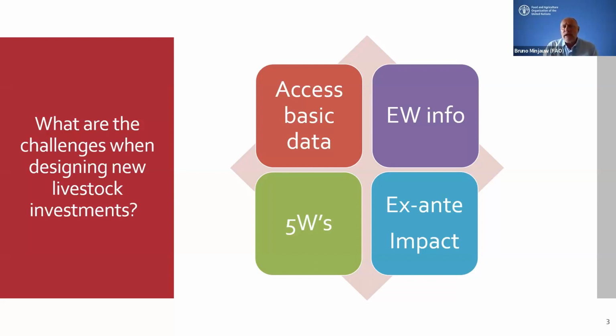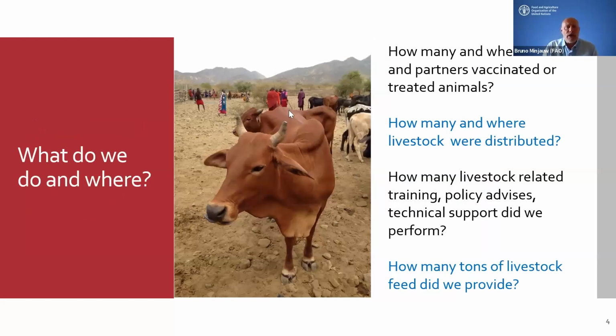So we realized in FAO, but also talking to our partners, that it is a common issue that it is very difficult to know who is doing what where, even inside your own organization. To be able to answer a very simple question very rapidly, like how many animals did we vaccinate last year? How many livestock did we distribute? What type of livestock and where? But also more